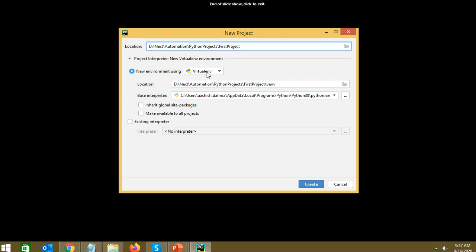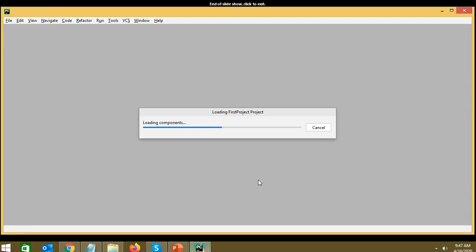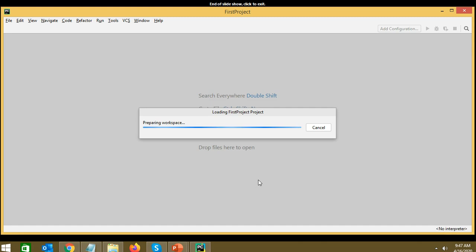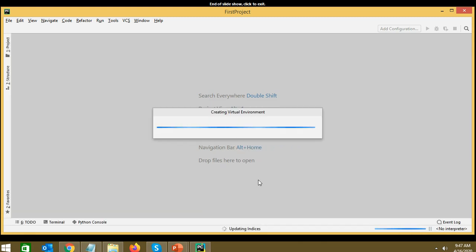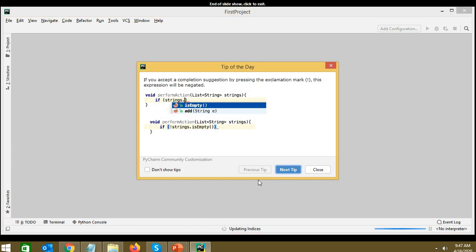That's it. Click on create. So it is creating a virtual environment for us. Yeah, so this is just the tips.